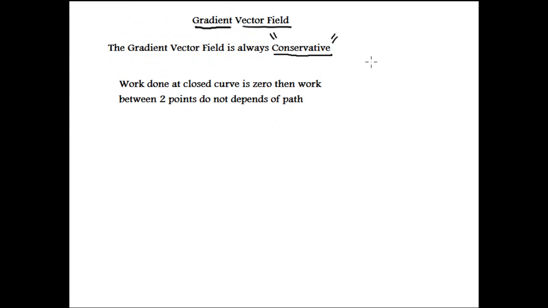Let me recall first what work is. Work in physics is a dot product between force and displacement, which is a vector, dot product. To understand this, suppose the vector field is formed by gravity. Suppose this is the gravity. The gravity is always constant, regardless of the position,